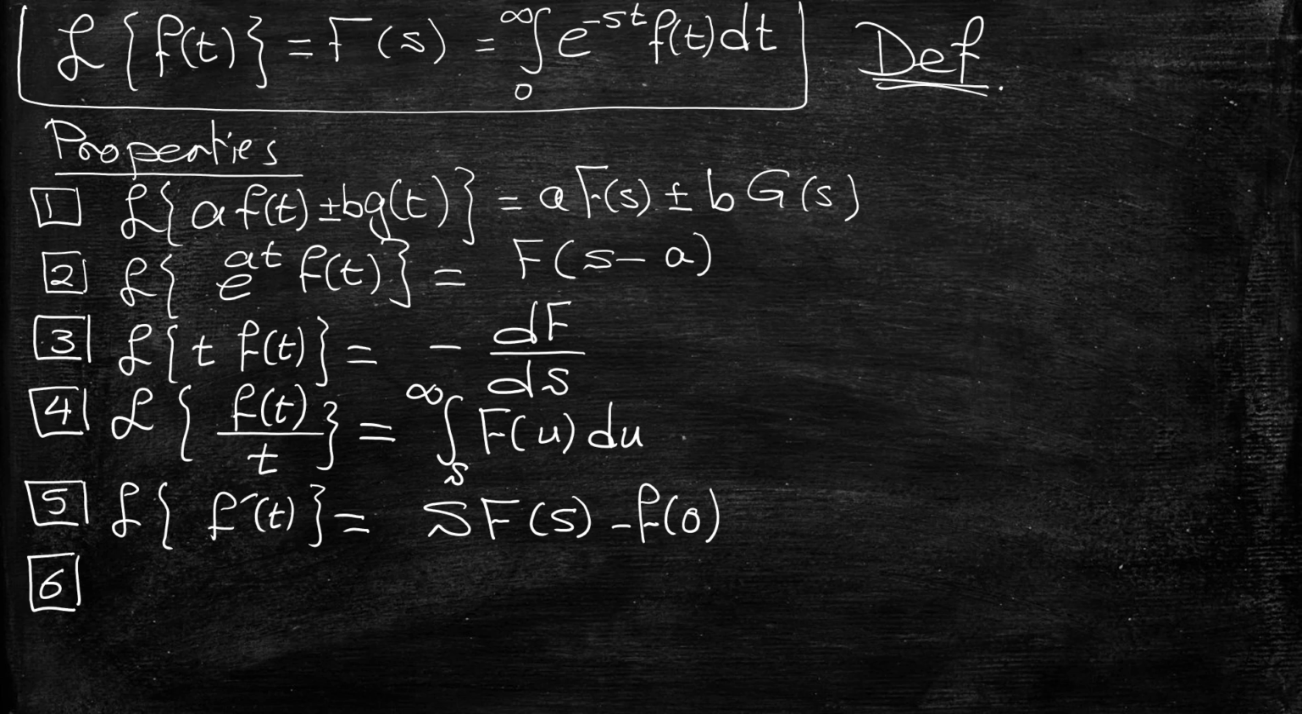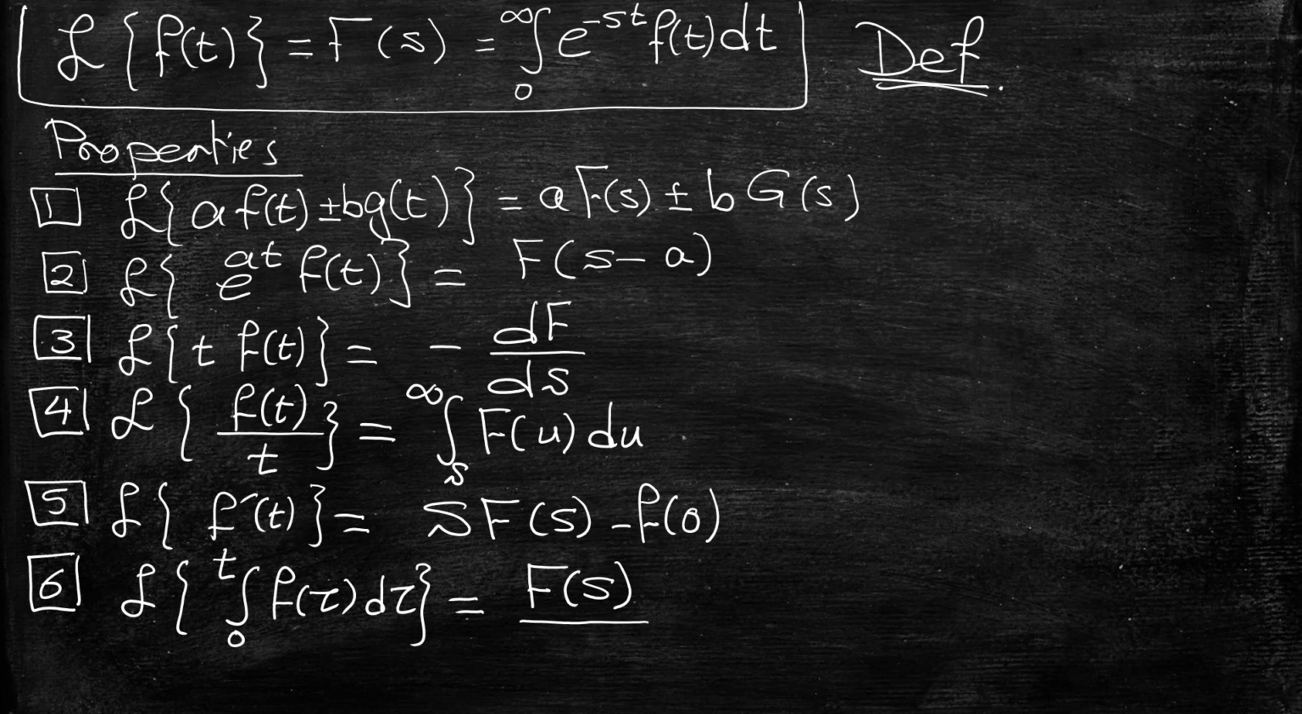The last one we discussed was the integration instead of the derivative. If we integrate f of t from 0 to t, let's call the variable tau, for example, this will end up as the Laplace transform of the integral of f of tau, and this integration will be transformed into division by s. We can see here